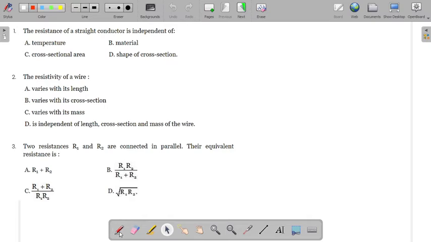So as we know, if we go through the formula of resistance, then that is R equals rho times L over A. So we know that this is the resistivity of the material, which is basically based on the material, of course. It means it does depend on the material, of course. And the rest is the cross sectional area.